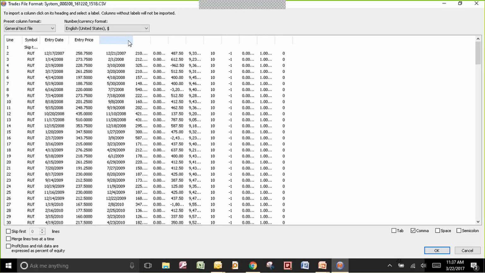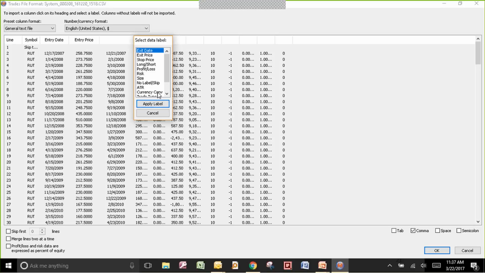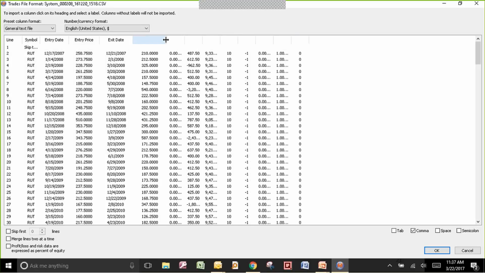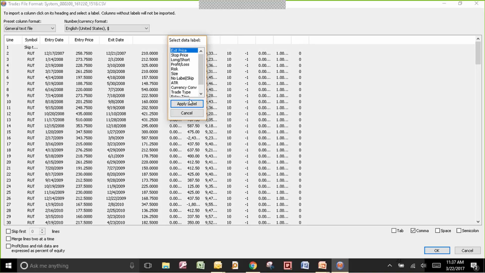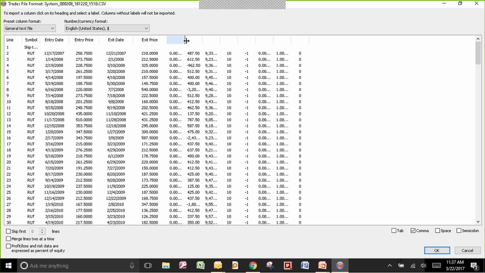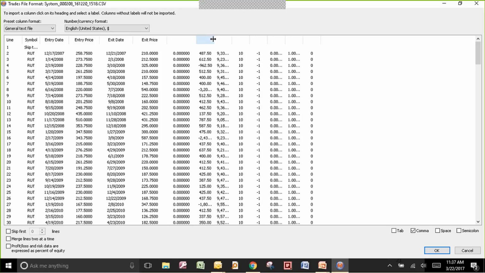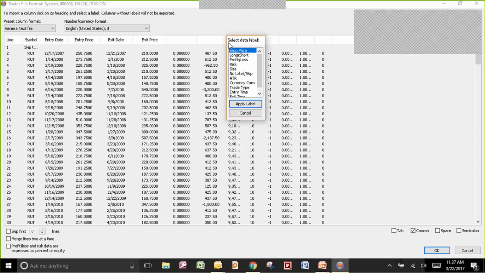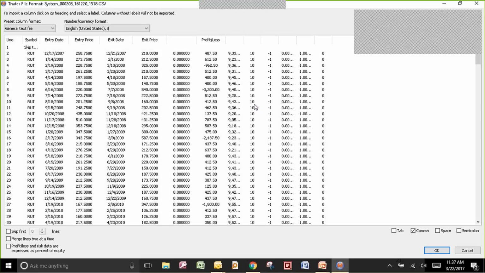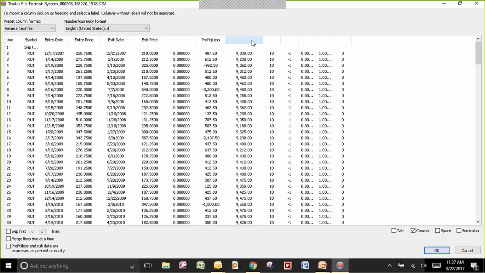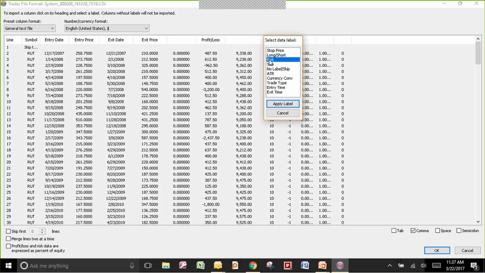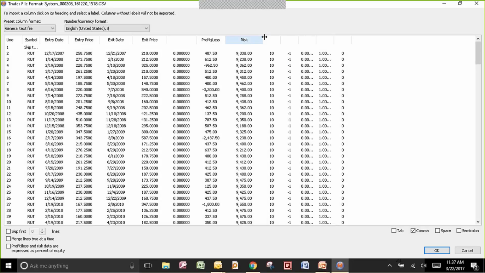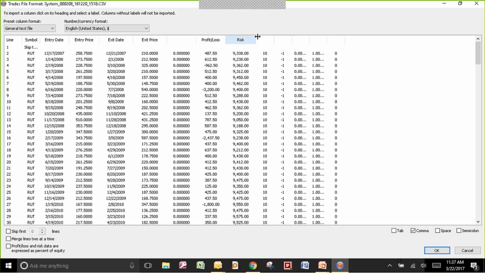And then we'll come over here, and we've got the exit date and the exit price. Okay. And I'm not sure what that is, that's not important. This is our profit and loss. And this was the risk of the trade. So I think this was like a 10-point spread. So the risk would be the difference between, like $10,000 and then the amount that I collected on the